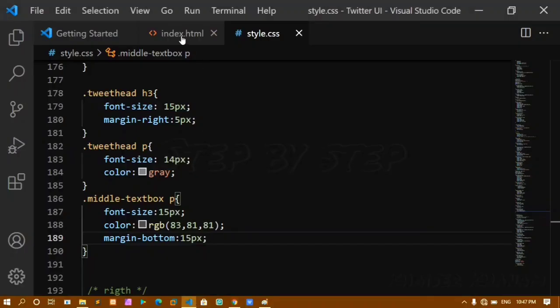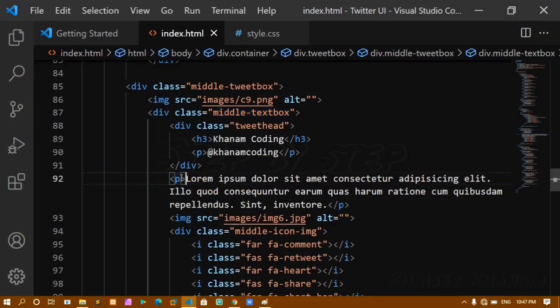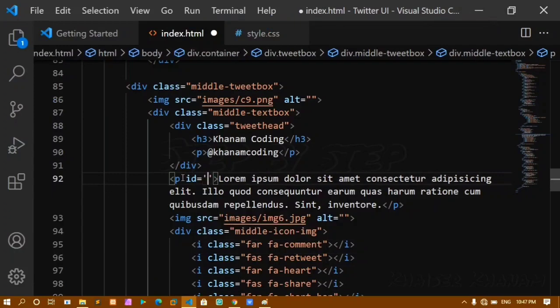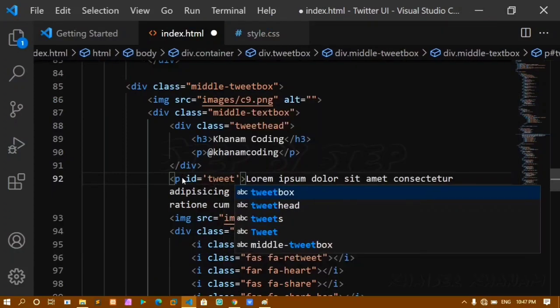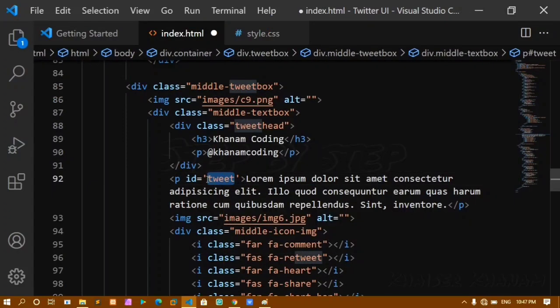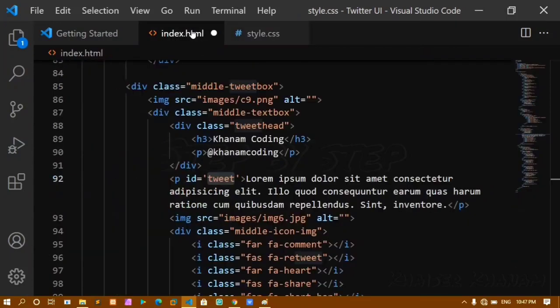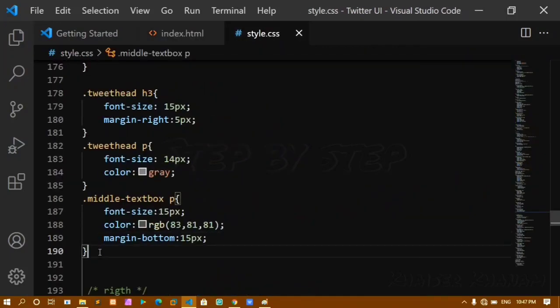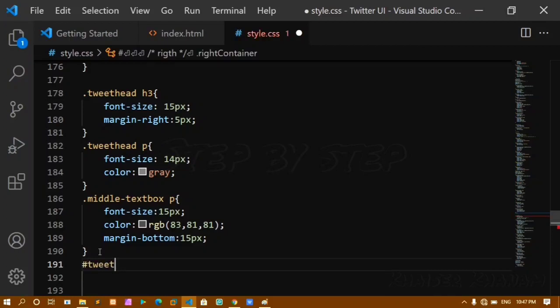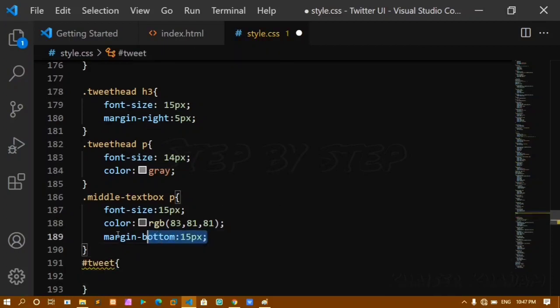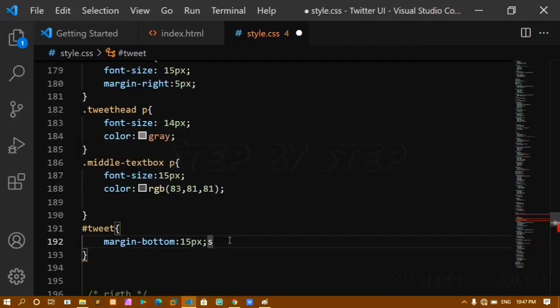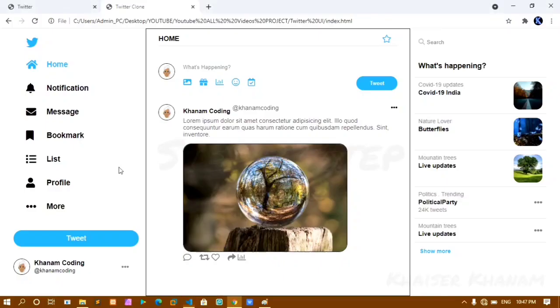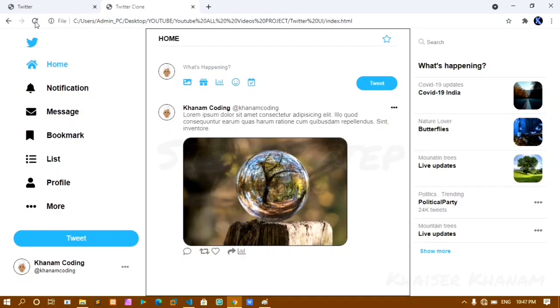So to avoid that, inside my paragraph tag I'll give one ID, and I'll give my ID as tweet. I'll just copy this ID and here I'll paste my ID, and for that I'll copy this and I'll be pasting it here. Now you can see they are properly aligned.